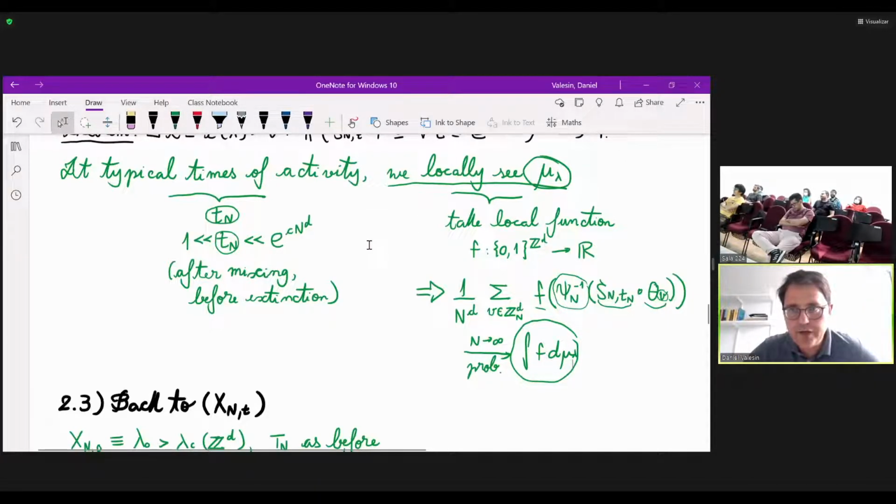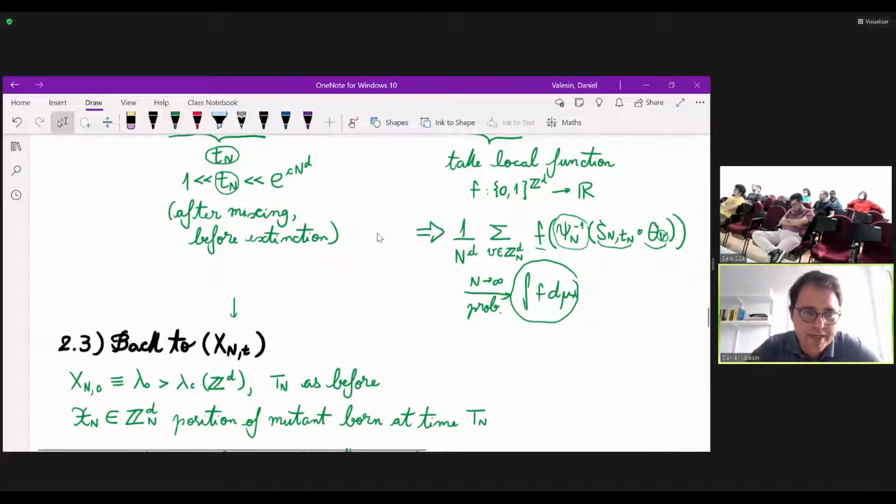Okay, I've been talking about the contact process and the contact process on the torus. Now I want to get back to my adaptive contact process. So this X and T, and here I'm just reminding you that I start at time 0 with everybody in a certain type lambda 0 that is above lambda C of Z^d, and I take Tn as before, so time